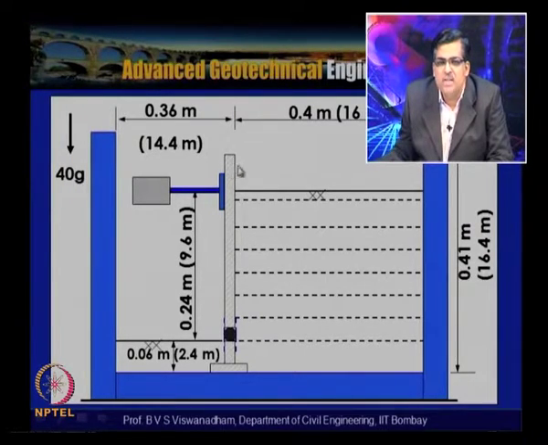In order to prevent the passive mode of failure, a mechanical stopper was provided on this side, so that the wall will not move towards the backfill. Here we are particularly interested in modeling the active mode of failure for a retaining wall. To model the active mode of failure, once we reach that particular gravity, we withdraw the pressure at this point to 0, and then the wall tends to move away from the backfill.